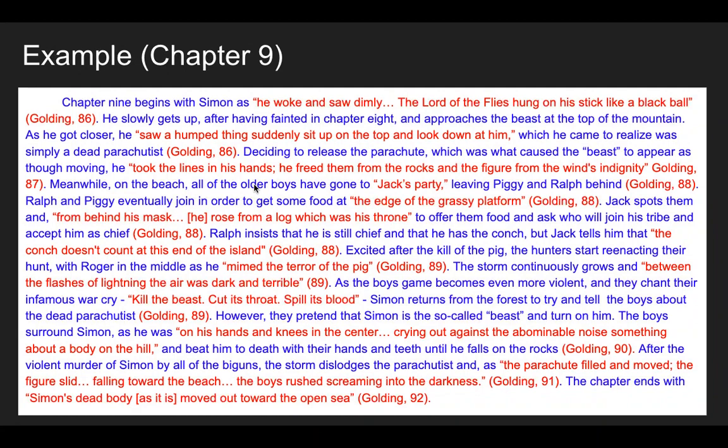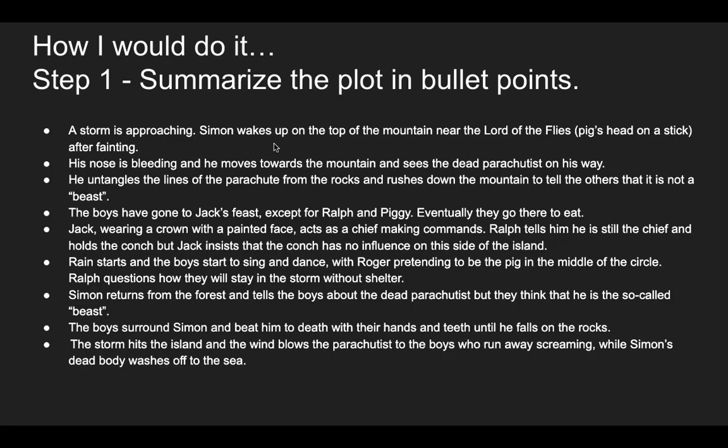And as you can see by my colours, I've got my words in blue and the author's words in red with proper citations, MLA citations. So how would I do it? Well, step 1, the first thing I would do after having read the chapter would be to just summarise the plot in bullet points, like you'd normally do in every chapter anyway. If you summarise it in nice and detailed bullet points, this will make the work a lot easier down the way.